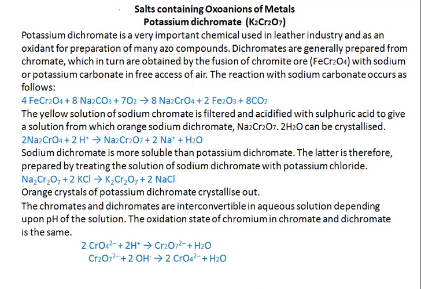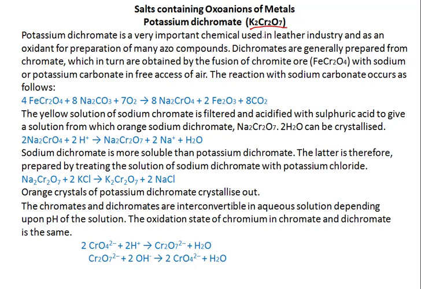Hello dear students. Today we are going to discuss salts containing oxoanions of metals. There are two oxoanions. The first one is potassium dichromate. In this video we will discuss the preparation, properties and structure of potassium dichromate. Potassium dichromate is K2Cr2O7. This is a very important compound as it is useful in the leather industry as well as in organic chemistry as